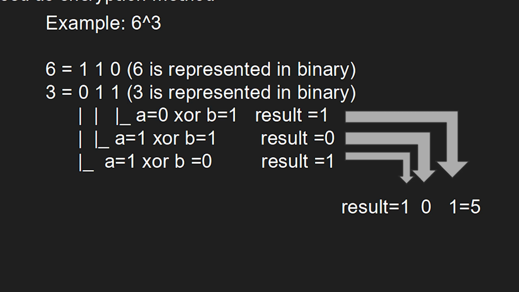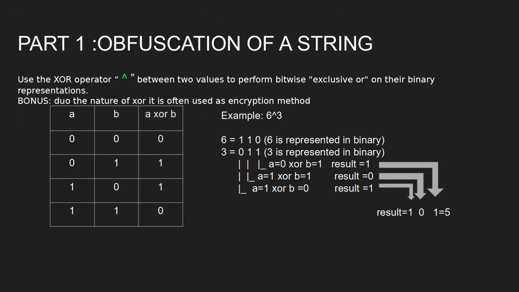Second place, we have 1, 1. 1 XOR 1 gives us a 0, which means false. The result is 0, and we put it in the middle. And lastly, in the third place, we have 1, 0. 1 XOR 0 gives us 1, so we put it in the third place. 101 in binary is 5